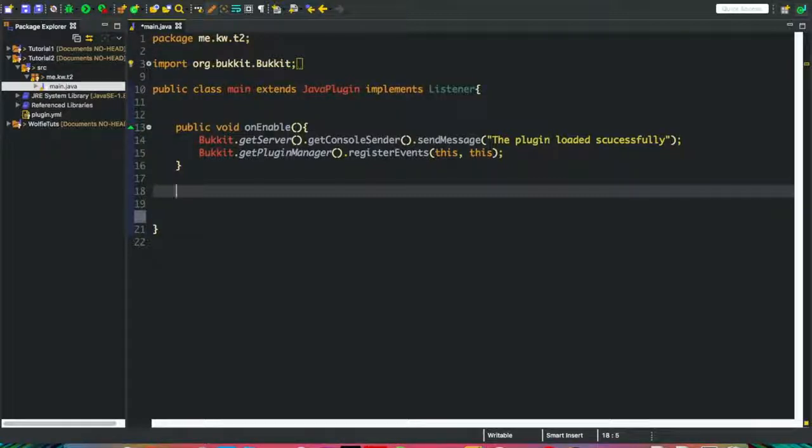So today what we're going to do is make it so that when a player joins the game, it'll welcome them in chat, and then it will also launch a firework on them. Hopefully. Actually no, we won't do the firework. We're going to make it so that when the player joins the game, it'll congratulate them in chat, and then it will